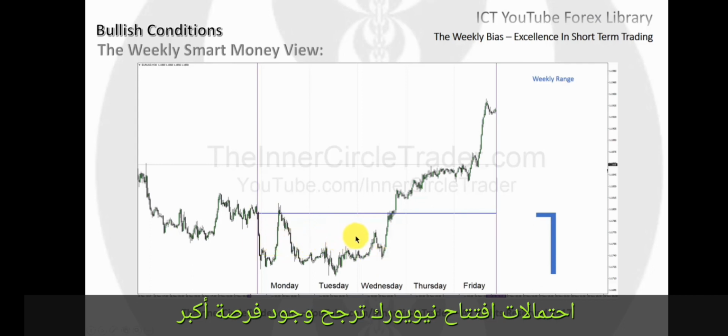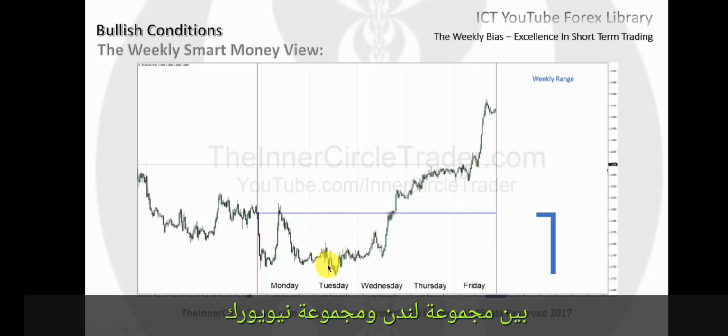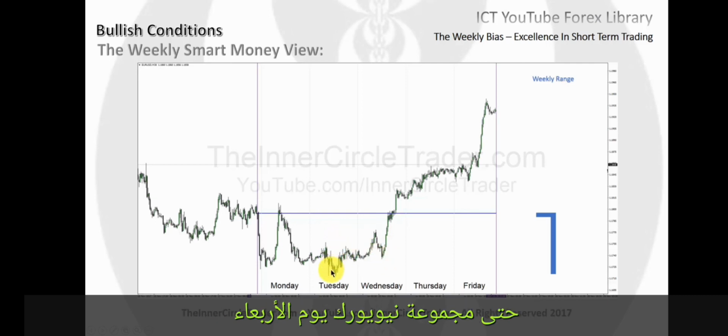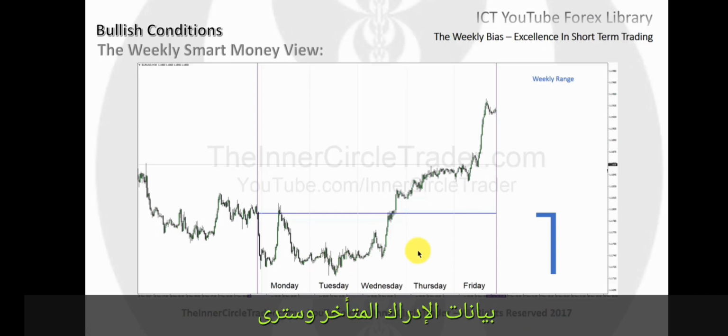The odds favor a greater chance of the low forming when you're bullish between the London setup and the New York setup of Wednesday. So Tuesday's London setup to Wednesday's New York setup. Between those two time periods, I'm going to encourage you to go through your charts. It's really, really easy to go through hindsight data, and you'll see what I just told you is like the